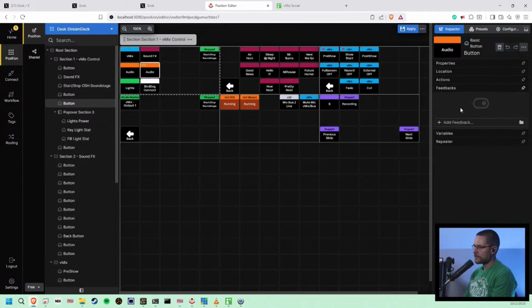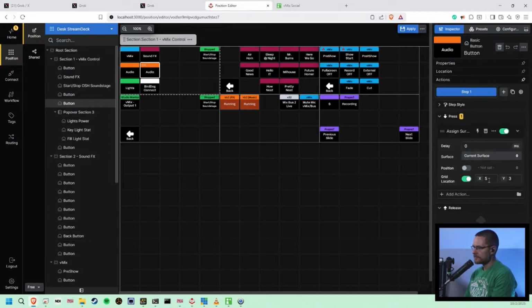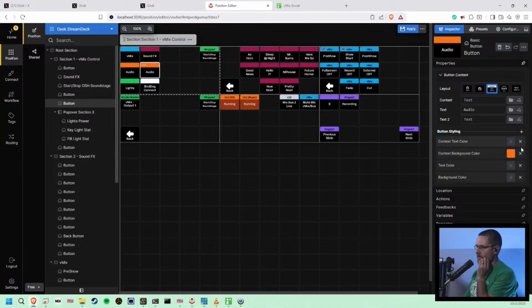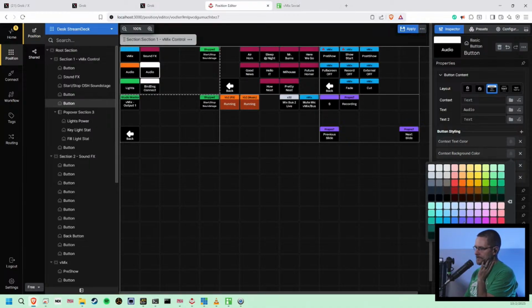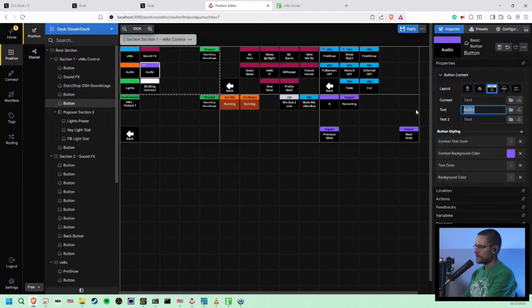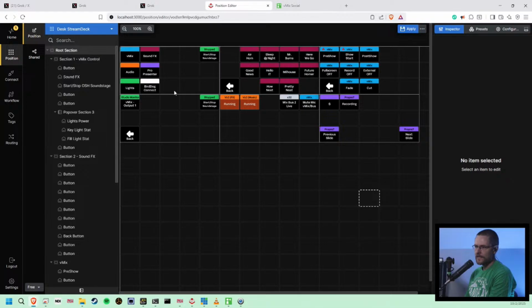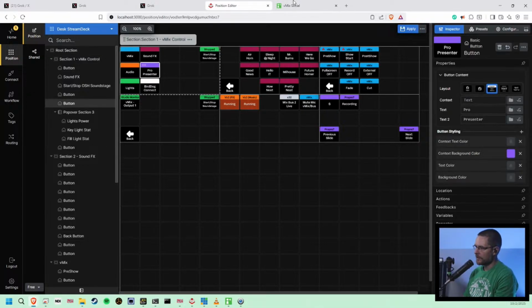And first we're going to change the actions to 10.3. And then we'll go up here and change the properties of this to be purple, because that's my ProPresenter number or color. And then PP7 is my shorthand for ProPresenter. Now we could do something like ProPresenter, like this maybe. Yeah, that's cleaner. That's fine. I don't mind it. But if we hit apply,